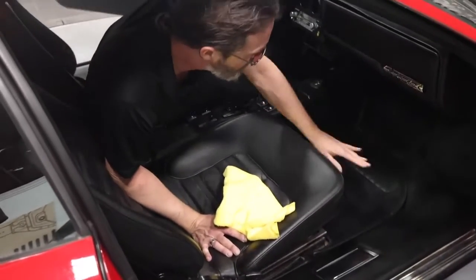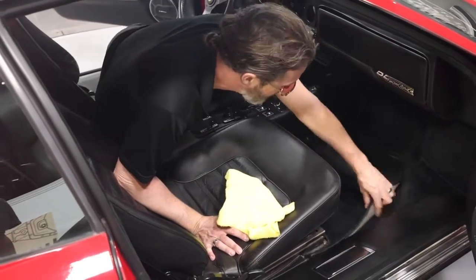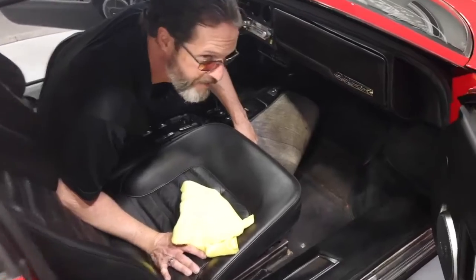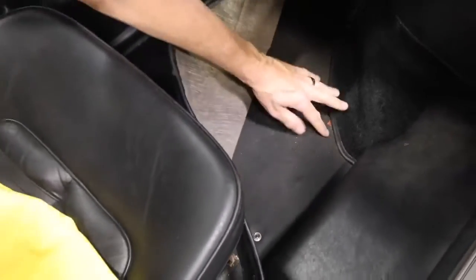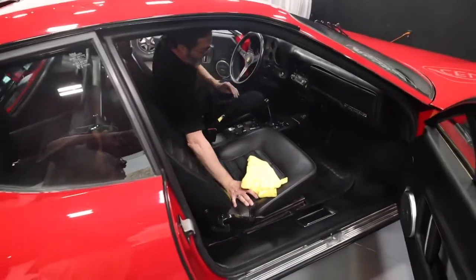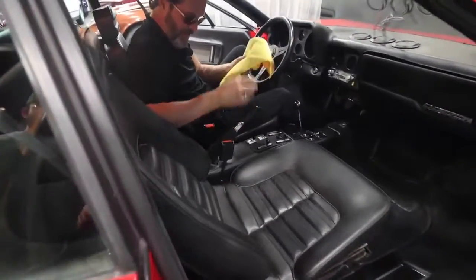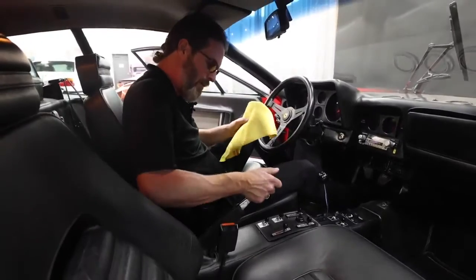Okay, the carpet's in beautiful shape. Side of the carpet here is in great shape. This floor mat's in great shape. Let's pull this up. Look at that. There's your floorboards. Okay, these knobs are all in great shape. Once again, like I said, we're going to look at all this out there. The center console, the park brake,